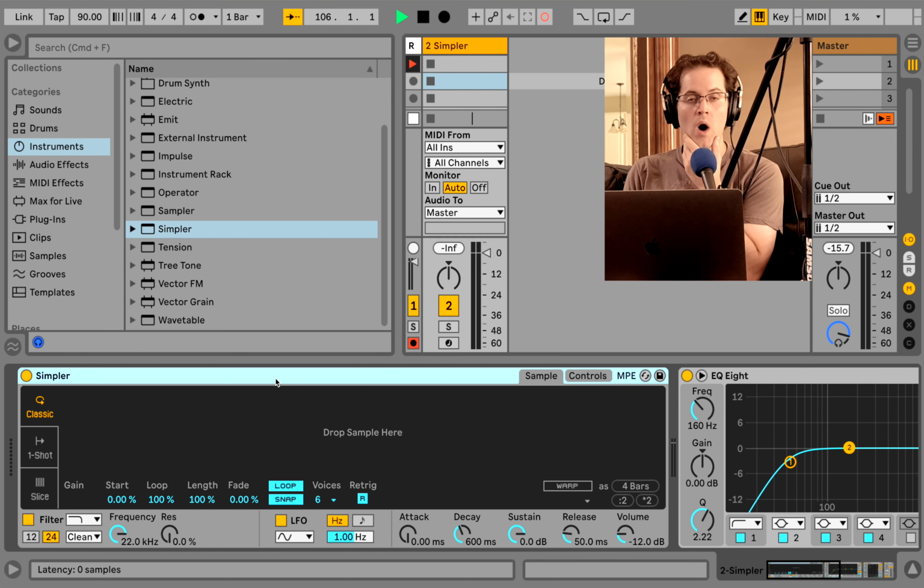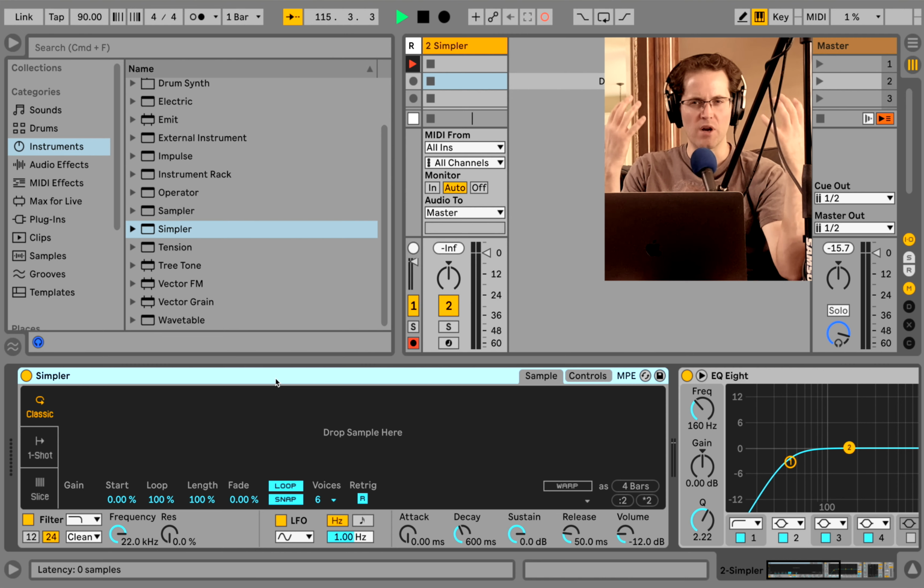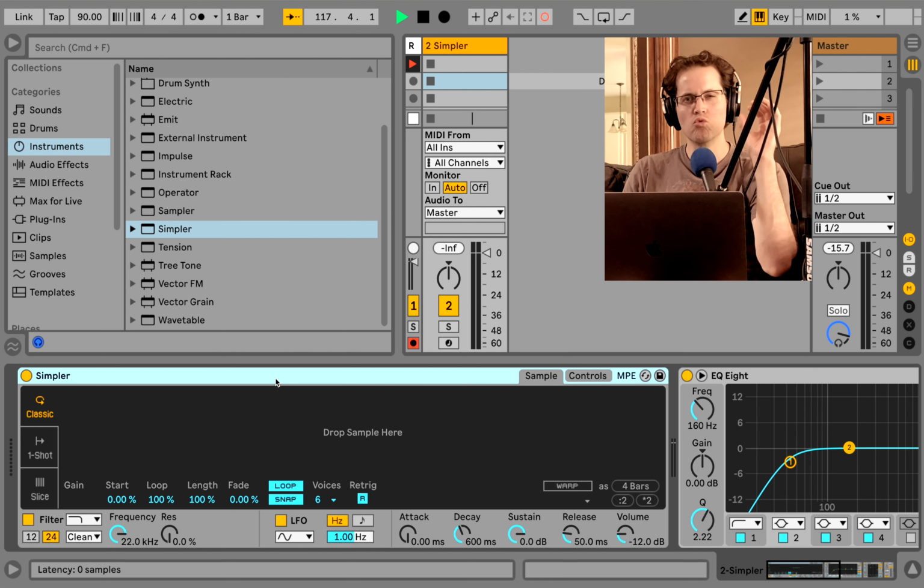Yeah, so if you were mostly a sample producer, you would want to use Simpler because it allows you to do things that you can't really do in Sampler. Now, you might say, well, then why would I want to use the Sampler? Sampler is when you're really trying to create interesting, unique sounds. You're trying to take those samples and really push them and put them through all of the different envelopes and modulation, and you're really trying to get deep into sound design. But when you're really just trying to use samples and use them in a way that allows you to create, Simpler is the preferred one to go to.